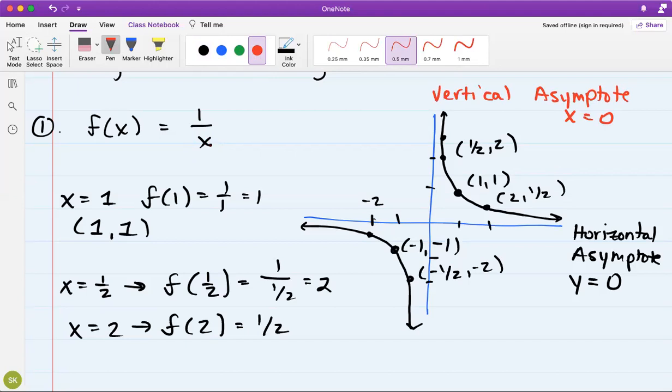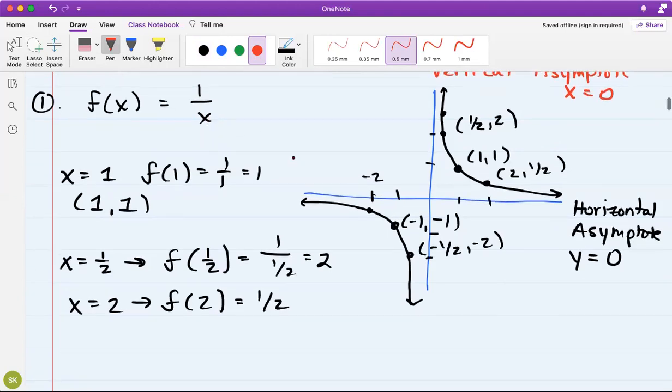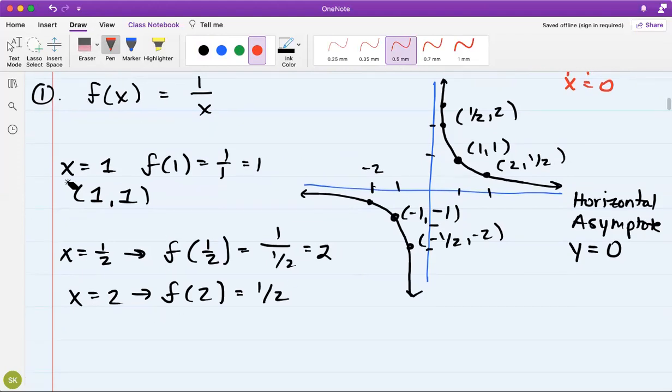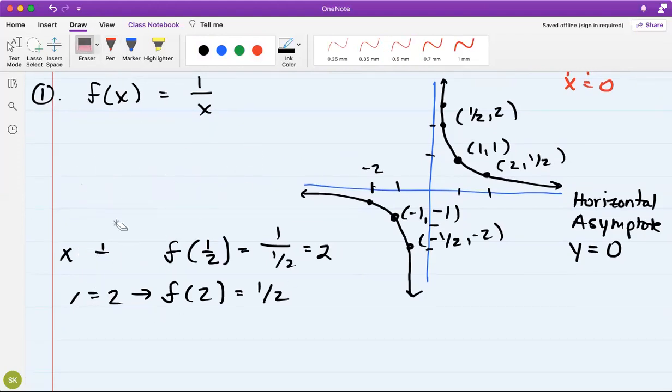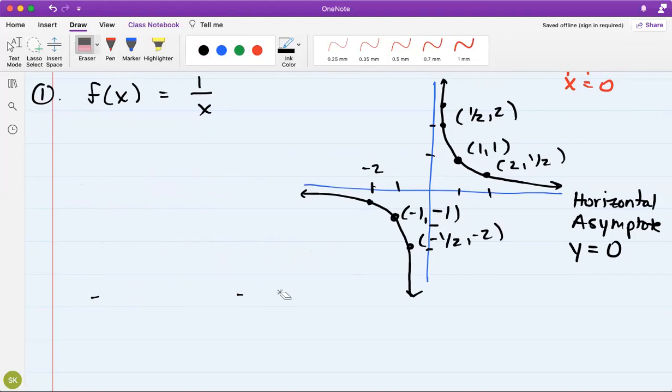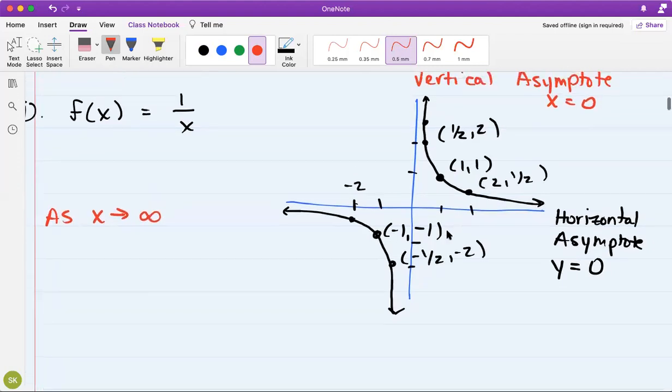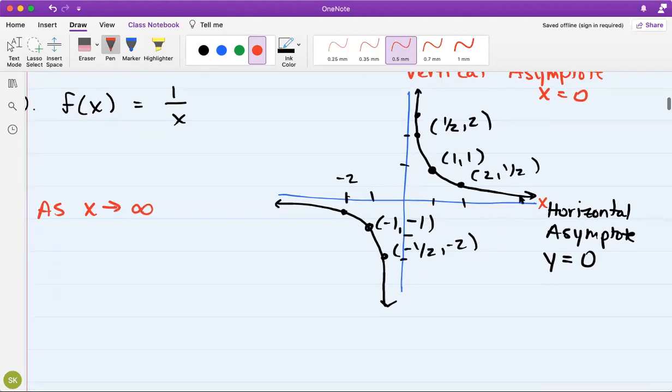So I'm going to write a few things down. The first thing I want to write down is, let me erase this so we have some space on this side, just some things we notice about the graph. So as x approaches infinity, what is happening? Remember that this is your x line right here. And here's 1, here's 2. And as we're getting bigger and bigger, going towards infinity, this function, remember this line that we've drawn is our y values. And we said as we get bigger and bigger,